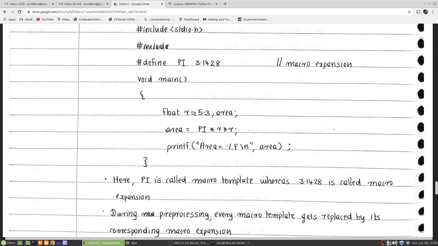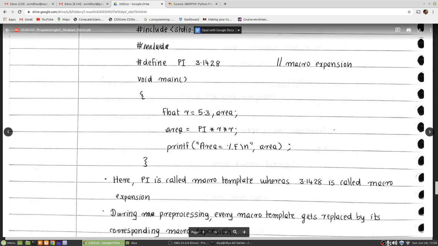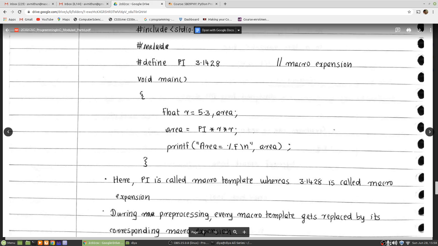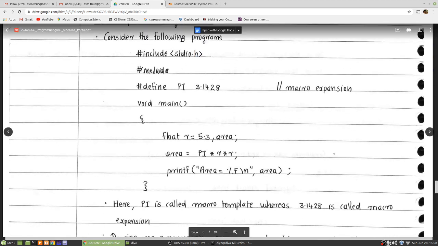Here float r is equal to 5.3 and area are the declarations of two variables r and area. And in the next line, area is equal to PI into r into r. This PI is the macro template PI defined here. So before compilation, this PI will be expanded with 3.1428 in this place by the preprocessor directive.